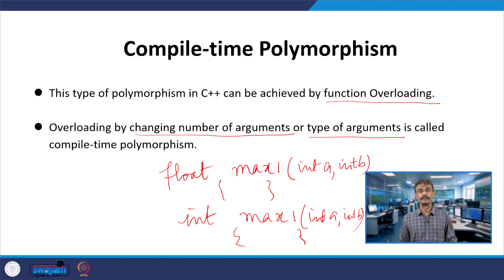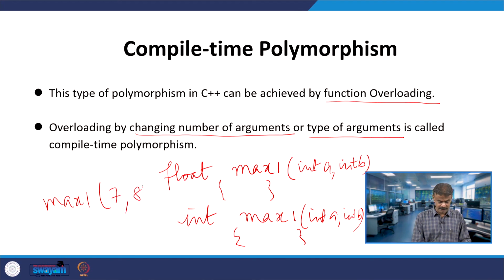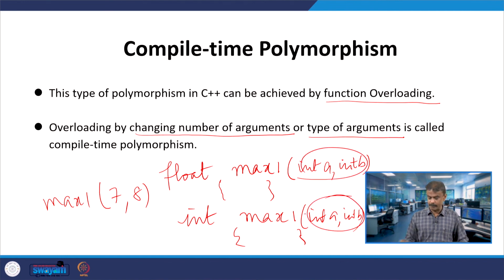Unfortunately this will not work, it will throw an error, because when you call max 1 in main, passing 7 comma 8, which one will be called? The compiler will get confused and the program will throw an error.